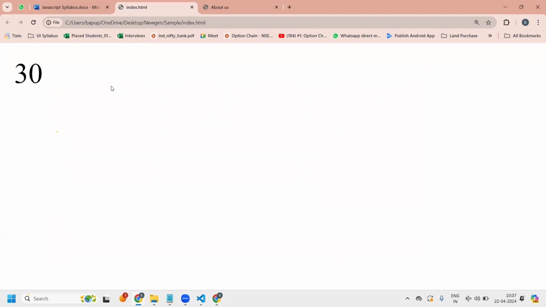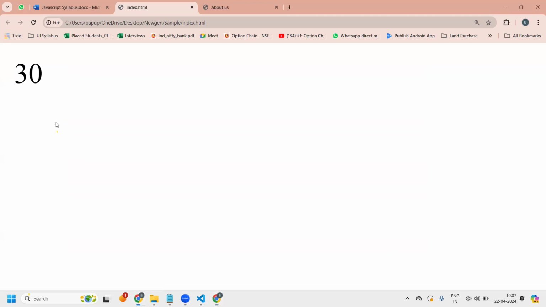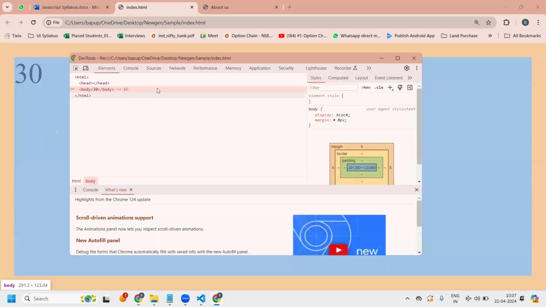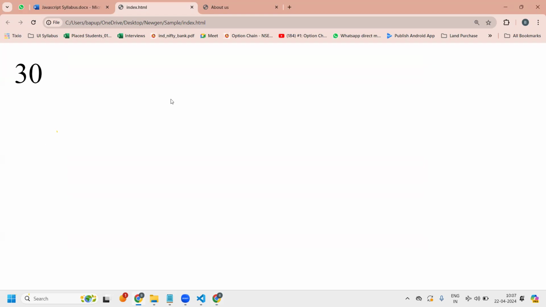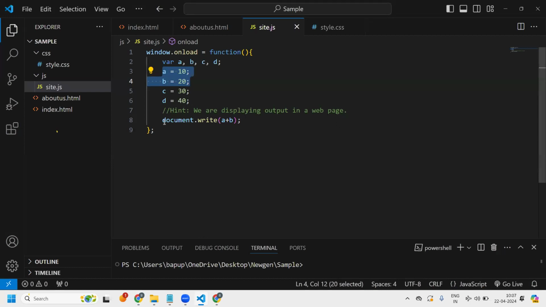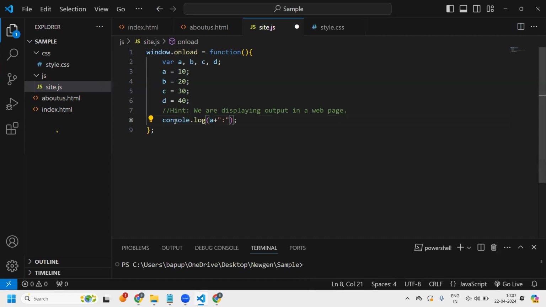So on that page, you don't want to print the value of each and every variable, and you want to display the value in the console. Console only developer knows, right? How to open console: right click, inspect, go to the console. Only developer can understand whatever is printed here. End user can't see that. So if you want to print something on the console, you can just do one thing. Just do like this. Console dot log a plus colon